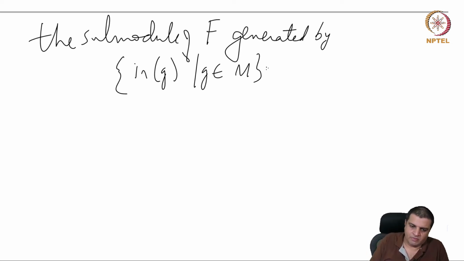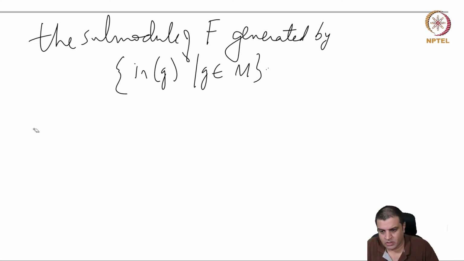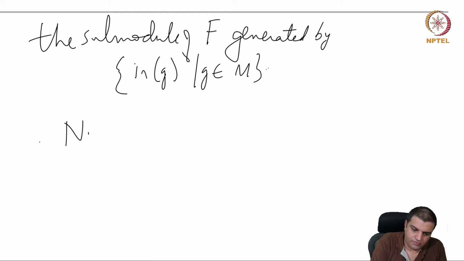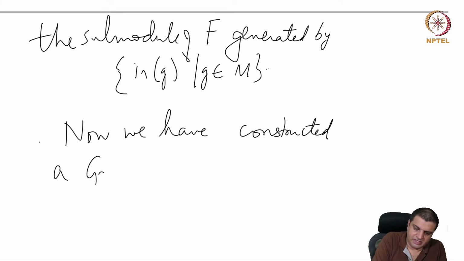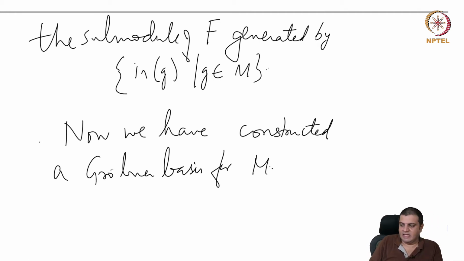So this is now the key point in this approach. This is just describing how to compute. So now we have constructed a Grobner basis for M. Okay, and then it means that